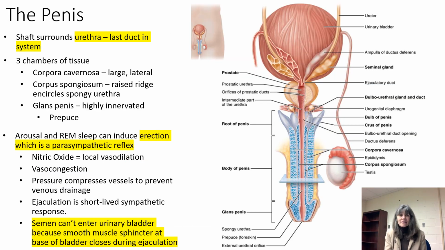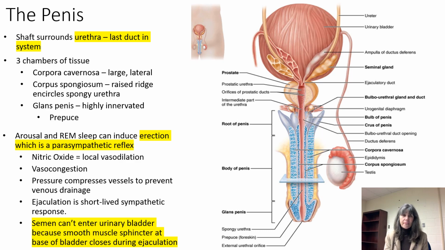The penis surrounds the urethra, which is the last duct in the male reproductive system. The penis consists of 3 chambers of tissues. The corpora cavernosa is located laterally and is very large. It's lateral to the corpus spongiosum, which surrounds the urethra and also provides a raised ridge on the